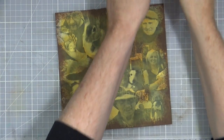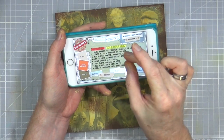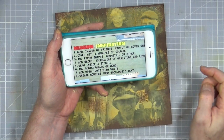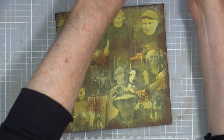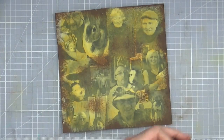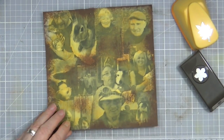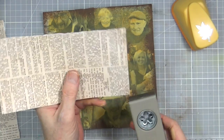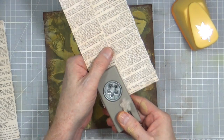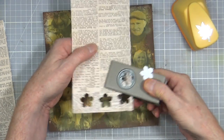Okay, so step number 2 done. So I've covered with washes of colour. So step number 3, add paper shapes, geometric or other. Okay, so it's autumn, so I've got a couple of punches here. I've got some little flower punches or petal kind of shapes. I've got some book text paper, and I'm going to create